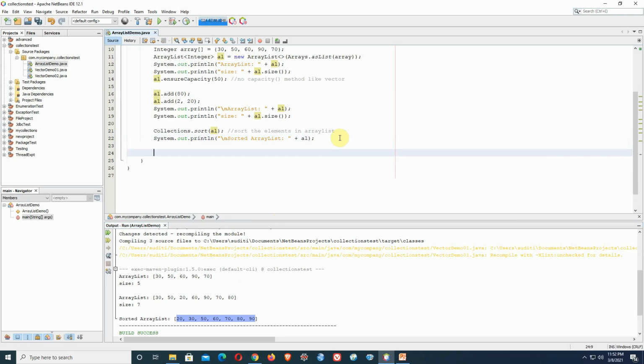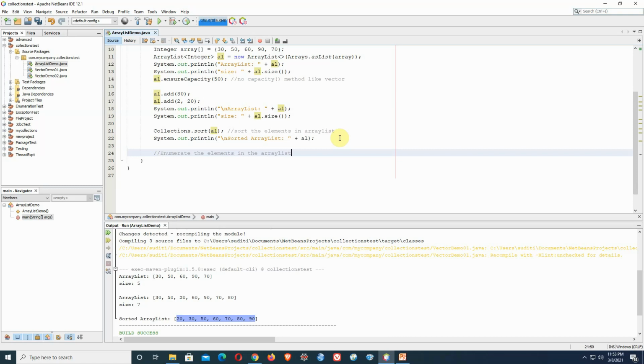Now we are going to use the Enumeration and the Iterator, so that we can access the elements from beginning to the end. A similar kind of operation we have performed with respect to the Java Vector class as well. So now we are going to enumerate the elements in the array list.